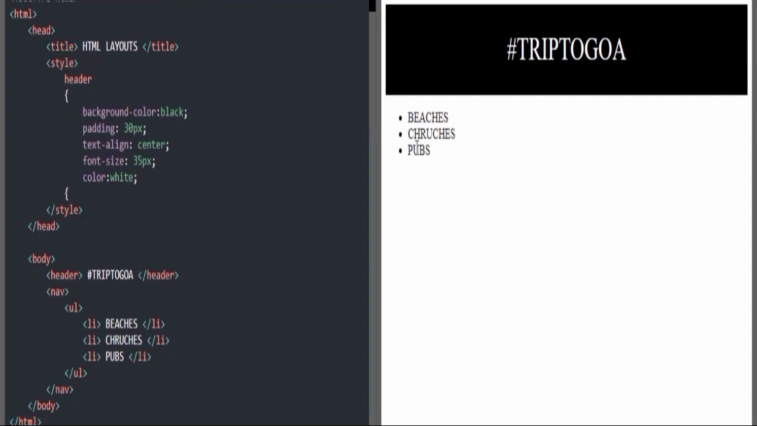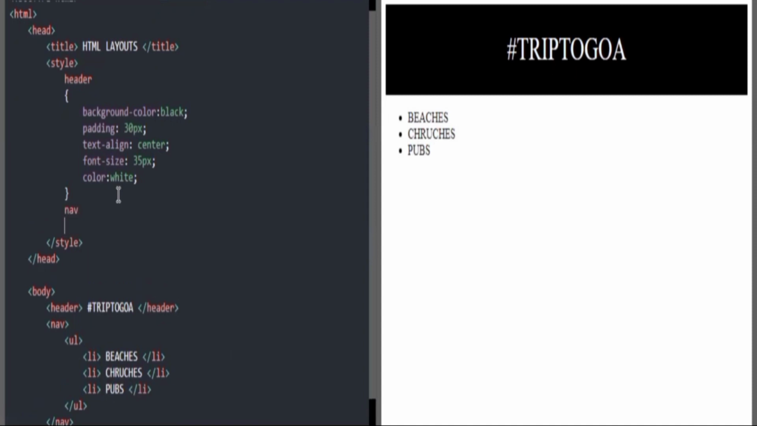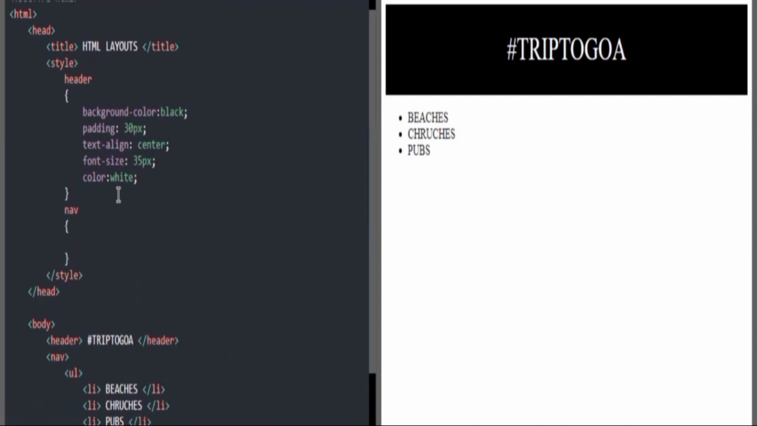For Goa. So I'll be adding this navigation tag. Now what we will do, friends? Now I'll be adding style to the navigation tag. Now let us start adding actual navigation styles, starting with